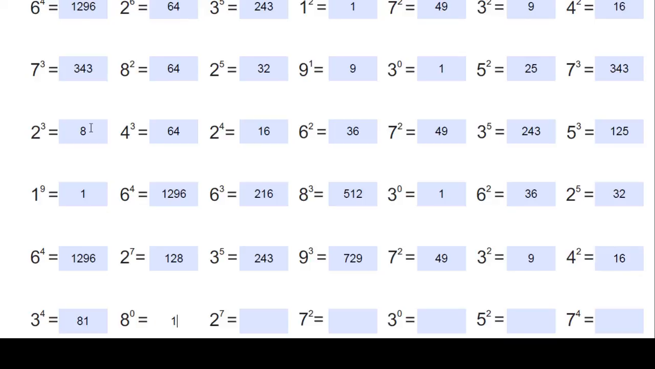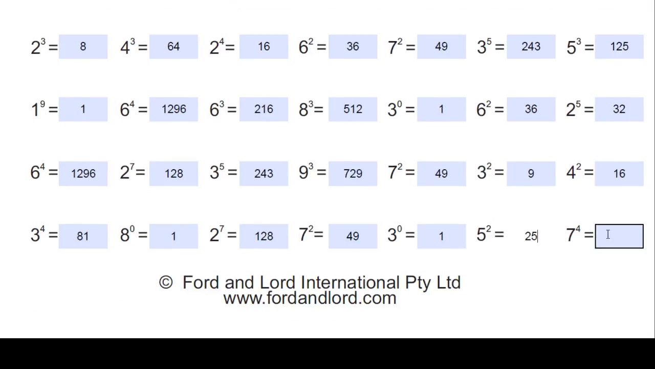8 to the power of 0 is 1. 2 to the power of 7 is 128. 7 to the power of 2 is 49. 3 to the power of 0 is 1. 5 to the power of 2 is 25. And 7 to the power of 4 is